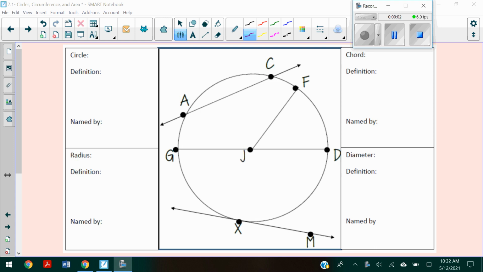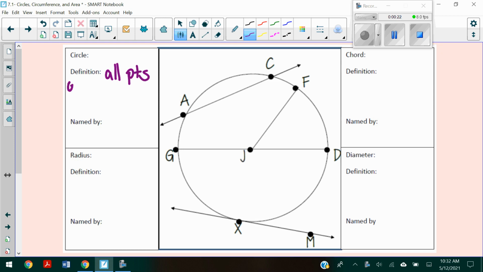All right, ladies and gentlemen, here we are at Unit 7 on circles. So today we're just going to talk about some circle basics and stuff that should be pretty familiar for area and circumference. Okay, so first, the definition of a circle is all points